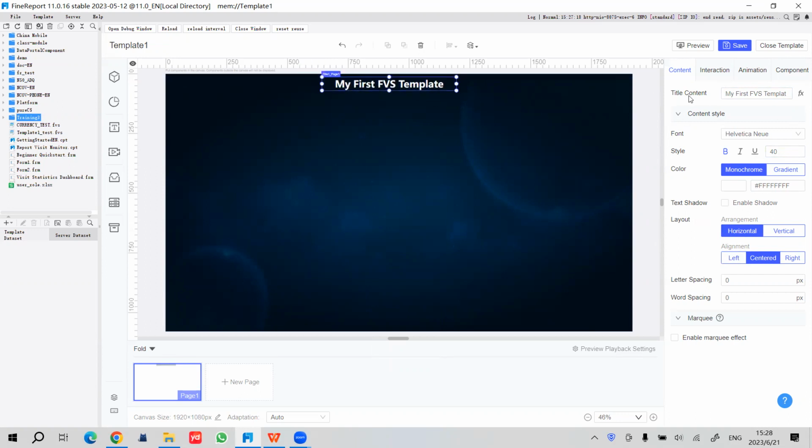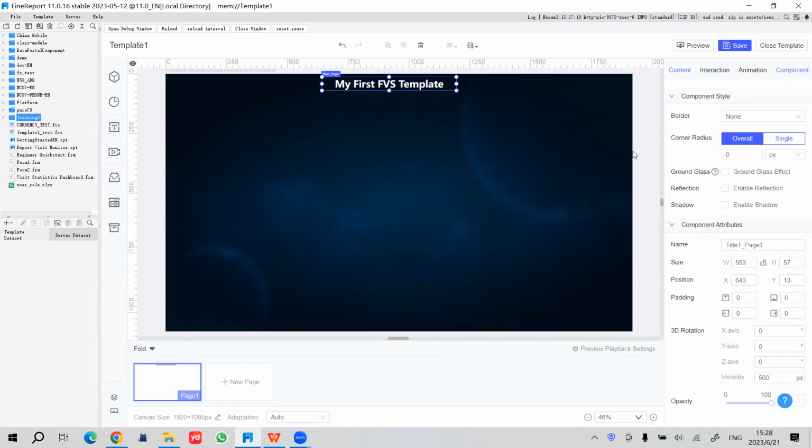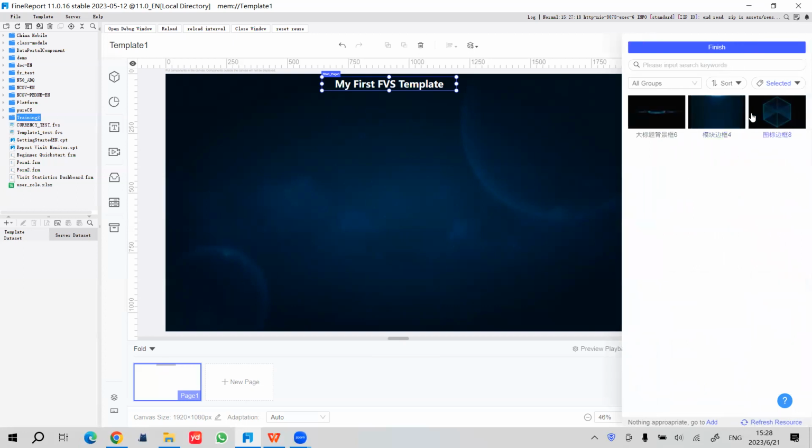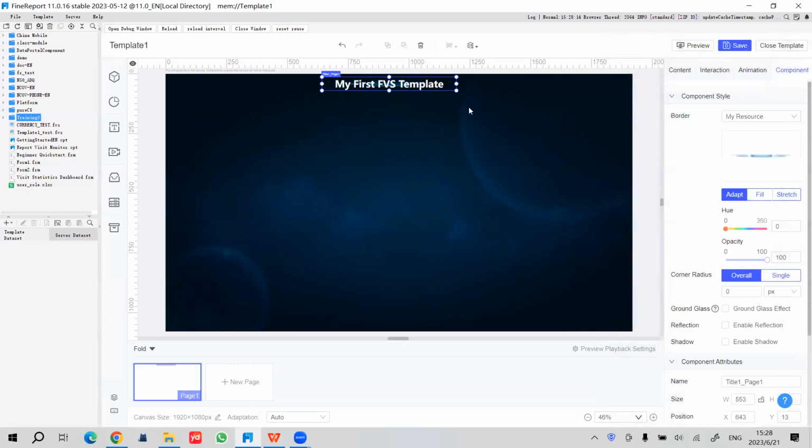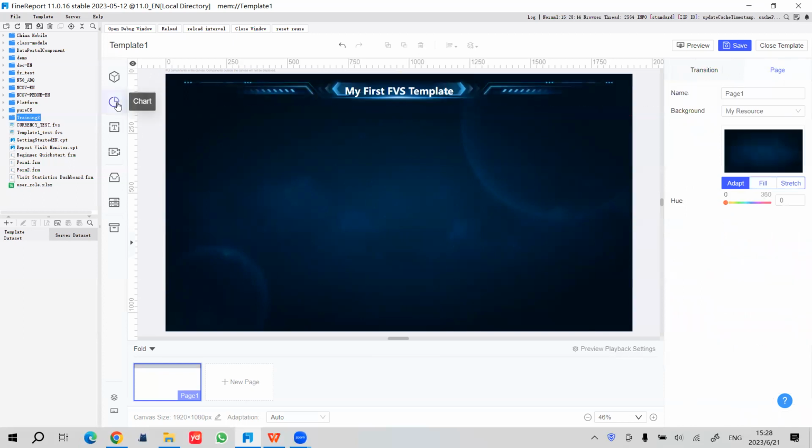Okay, we can also give the component a border and choose the title border, and turn this background to a proper size like this. Okay, this is the title for our first FVS template, and